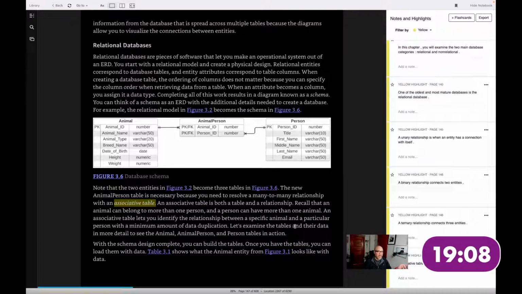Let's say, for example, you have someone with a last name. In this case, we'll just use what's here. It says varchar 50, so variable character 50. Maximum character length is 50. So let's say somebody has 3 last names, and it is more than